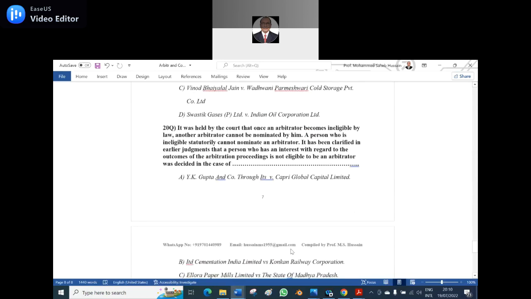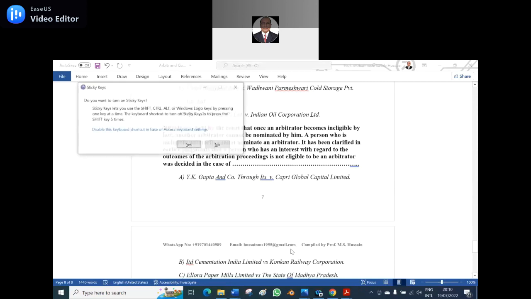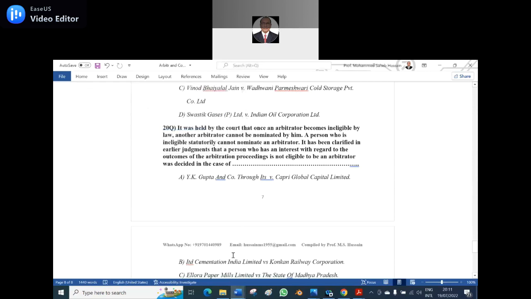So 20th question. It was held by the court that once the arbitrator becomes ineligible by law, another arbitrator cannot be nominated by him. A person who is ineligible statutorily cannot nominate an arbitrator. It has been clarified in the earlier judgment that a person who has an interest with regard to the outcome of the arbitration proceedings is not eligible to be an arbitrator. This was decided in the case of dash. A. Y.K. Gupta and others company, and B. ITD Cementation India Limited versus